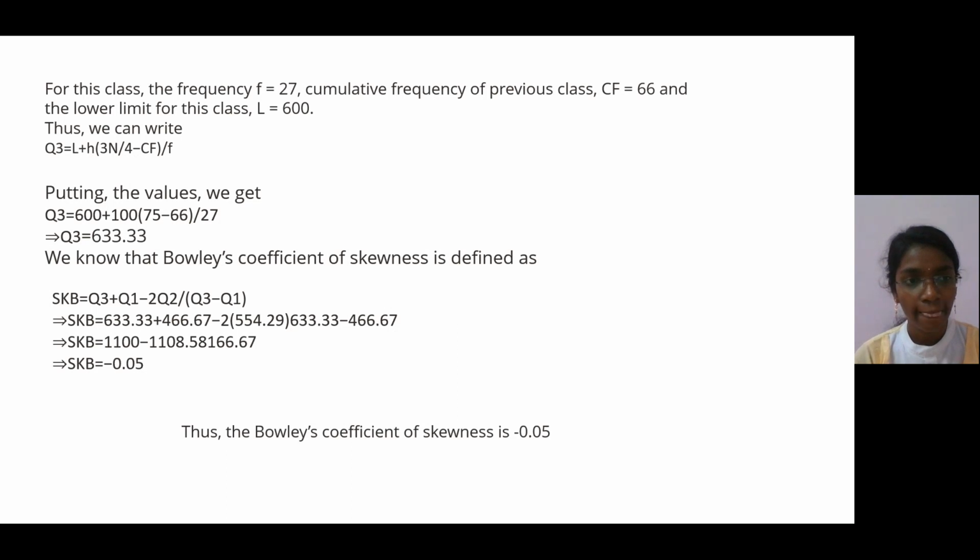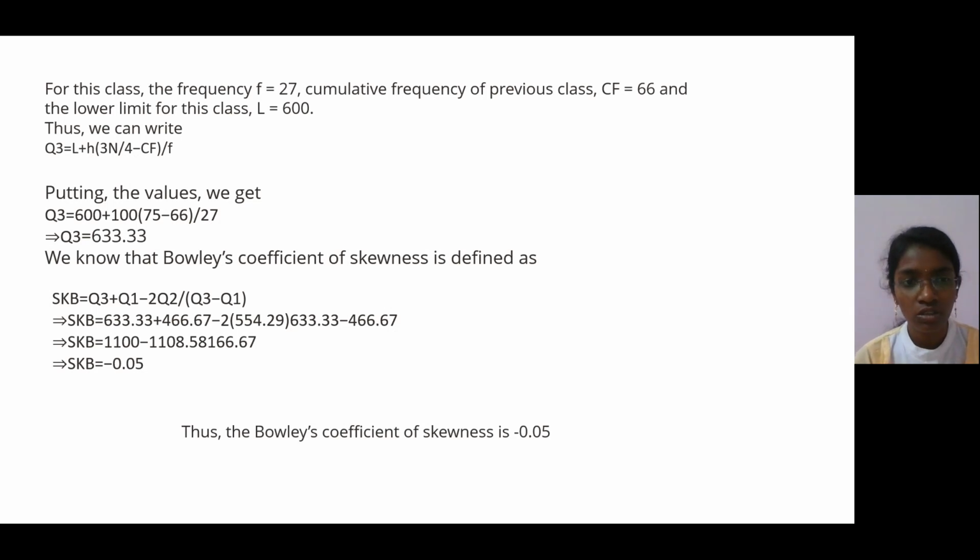Thus we can write Q3 equals L plus h of 3n by 4 minus CF, whole divided by f. Putting in the values, L is 600, h is 100, 3n by 4 is 75, cumulative frequency 66, f is 27. By calculating with a calculator we have got